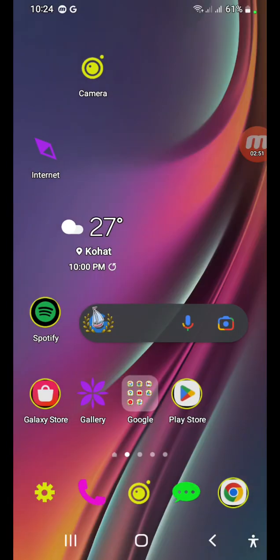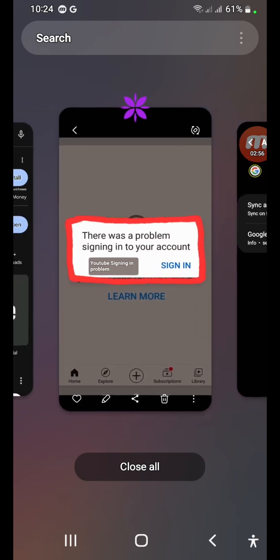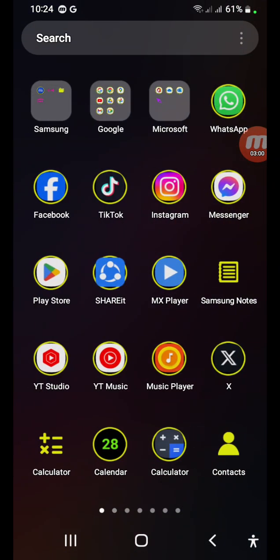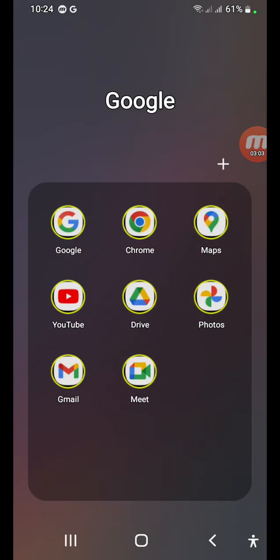When you remove this from here, you just need to close the window of your YouTube, and then just open it, and it will be fresh, and then you can sign in with the other